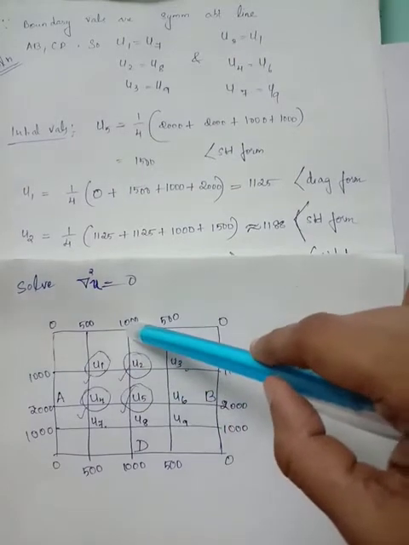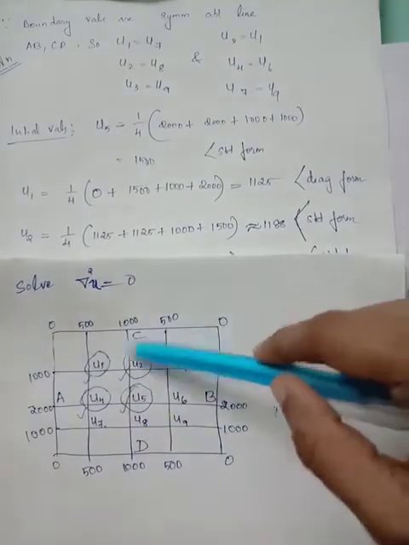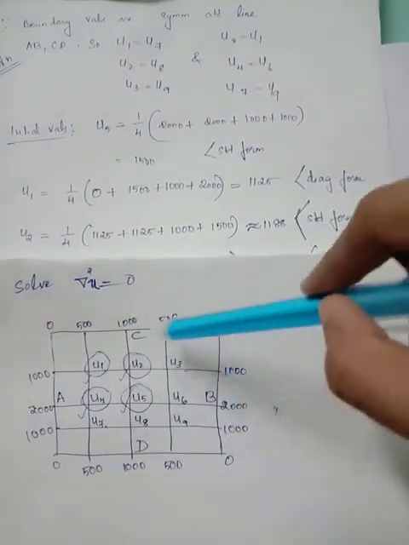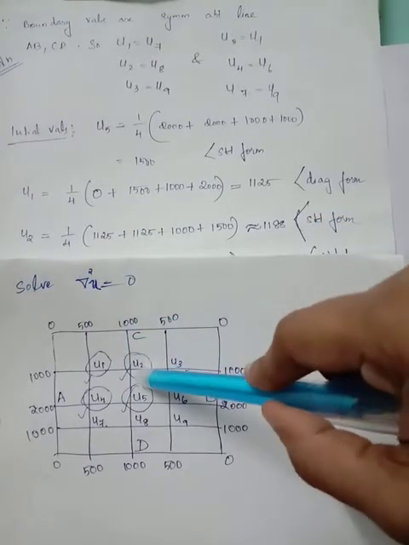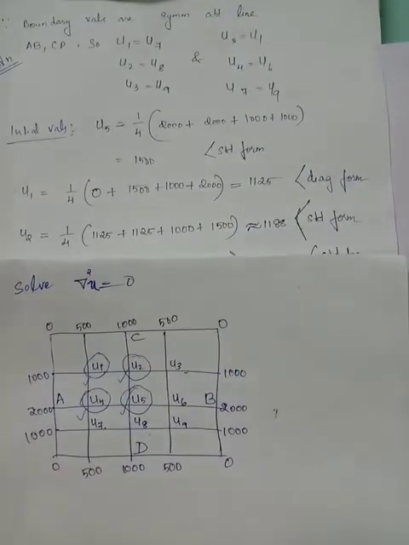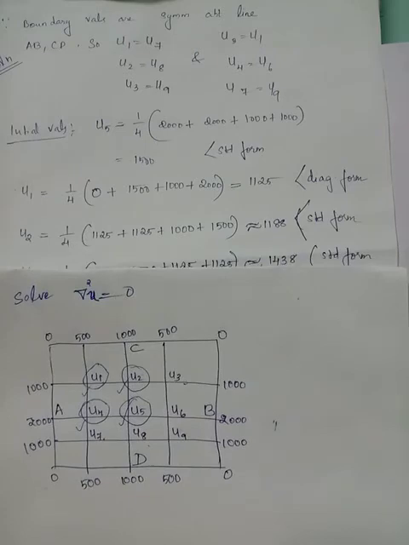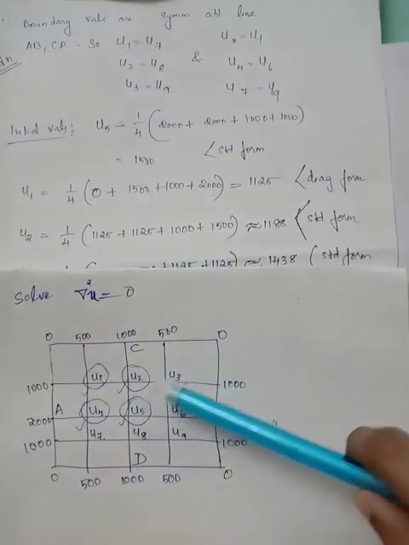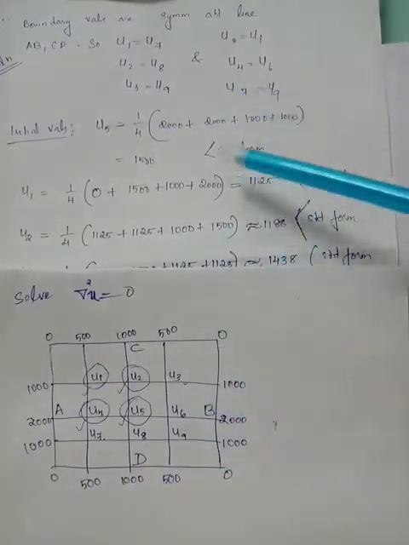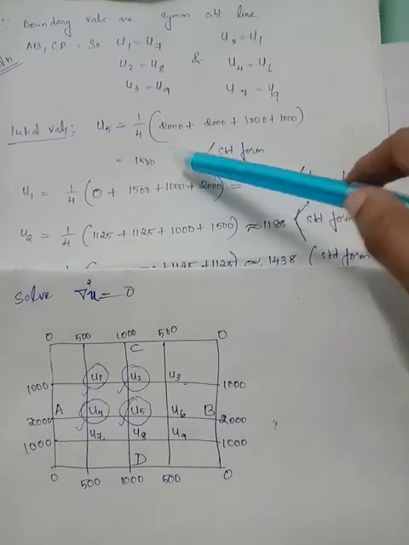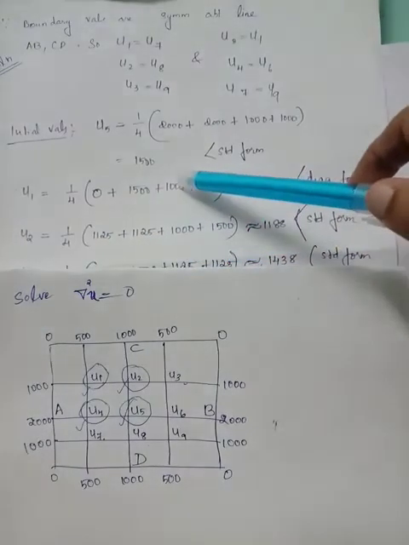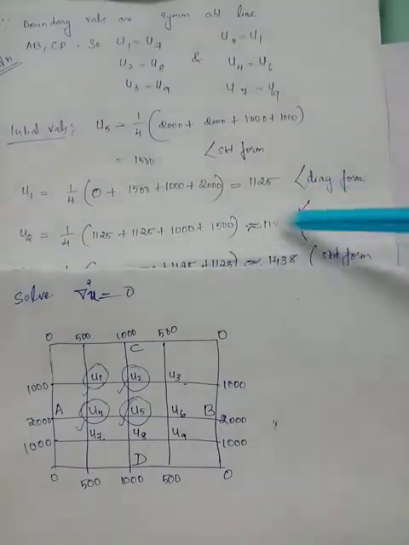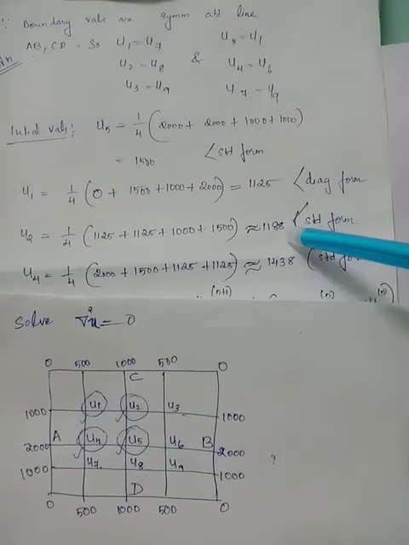Since you know all the 4 values of the endpoints of the plus sign, the standard 5-point formula can be applied to u2 and you get the answer for u2: 1 by 4 times the sum of 1000, u1, u5 and u3. The u5 value is obtained from the same iteration, and the u1 value is taken from the same iteration to obtain the value of u2.